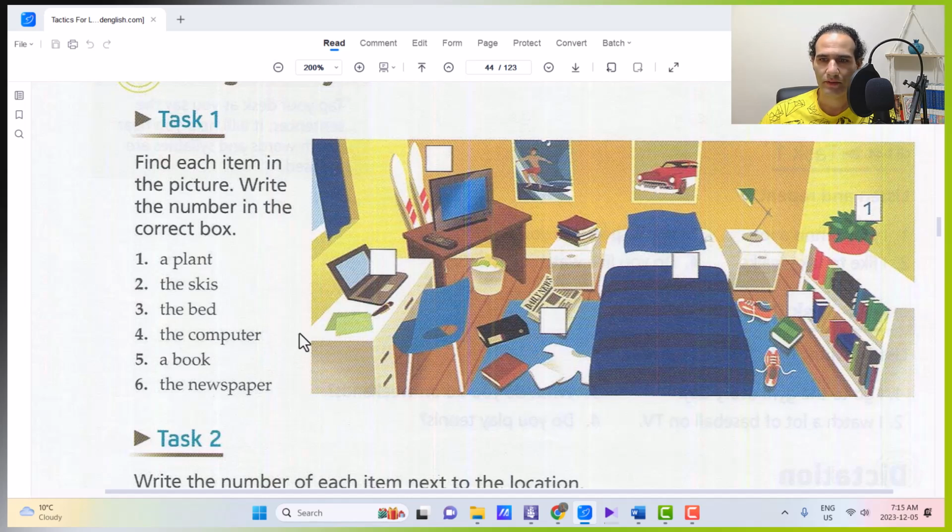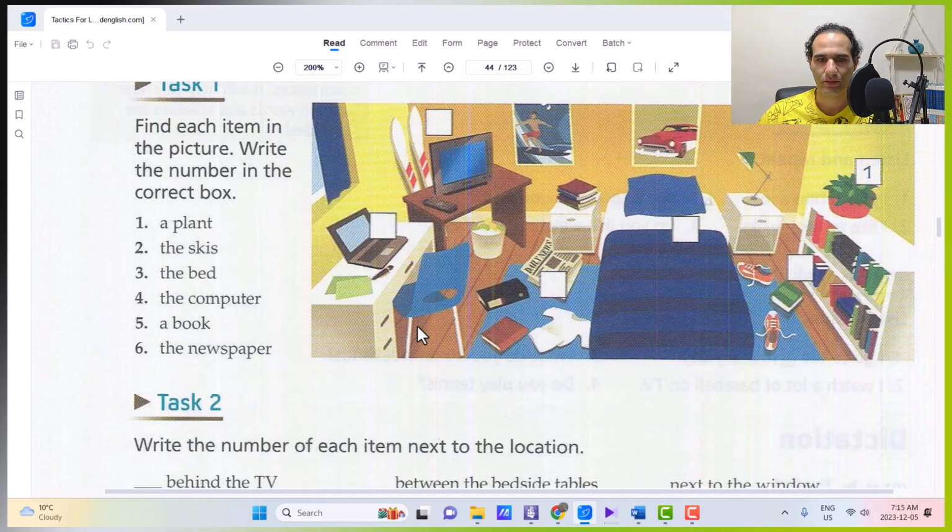The computer, the laptop computer, it is on the desk. A book, lots of books, but for example this one, it is on the floor, it is in front of the bookshelf. And a newspaper, this one for example, it is on the floor next to the bed, and all the things related to that. Okay,